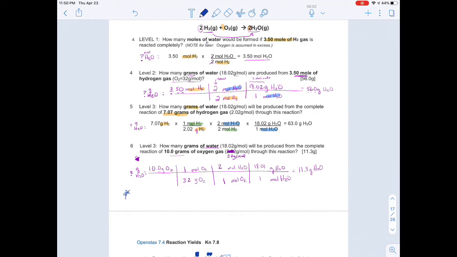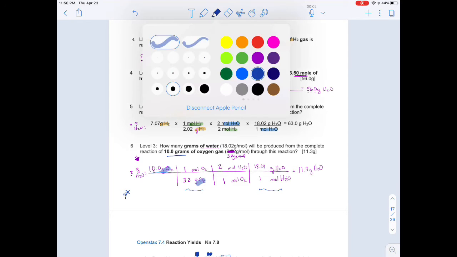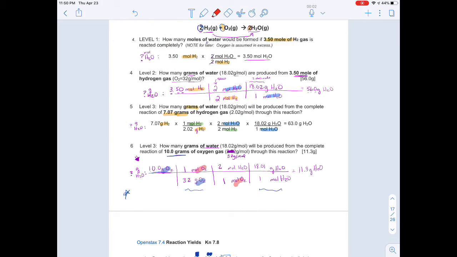So the look of this is very, very common. And you'll be given information like 10 grams of oxygen. So there's your 10 grams. This is from the periodic chart. These are from the reaction, your 2, and then the understood 1. And then this is from the periodic chart. And you're just trying to get those units to cancel. So cancel, cancel, cancel, cancel,